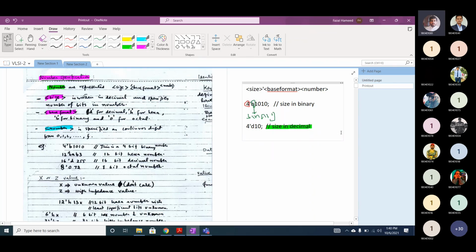If I want to represent the same number in octal, I write the base as O, for octal, with the size in octal.